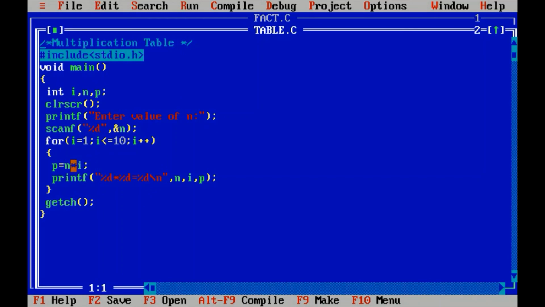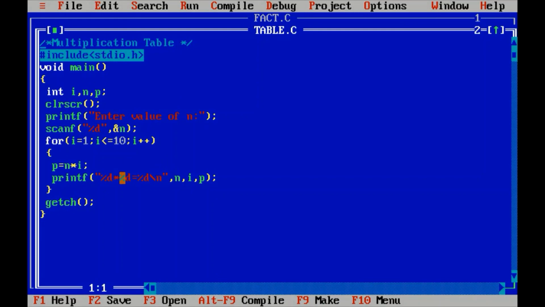If n is 5, 5 into 1, 5 will be stored in p. And by using this printf statement, it prints 5 into 1 equal to 5. By using this statement, %d into %d equal to %d. First the value of n should be printed, so here we have the first variable n.